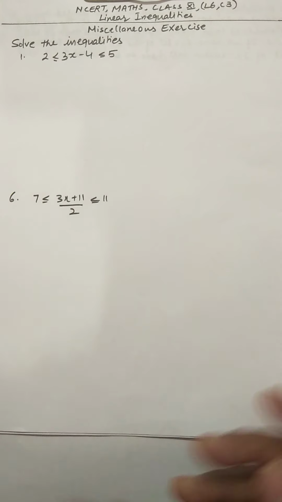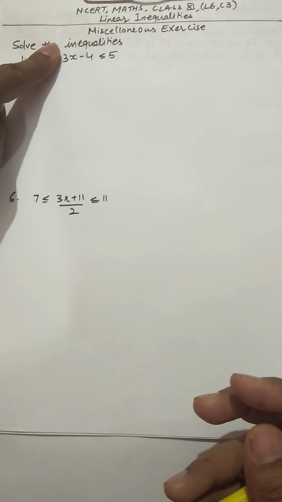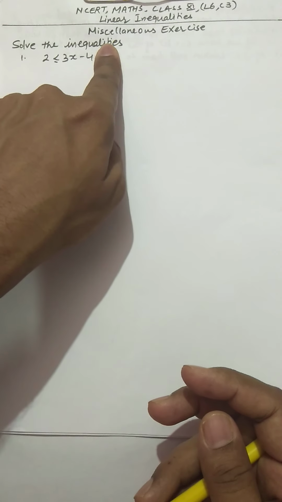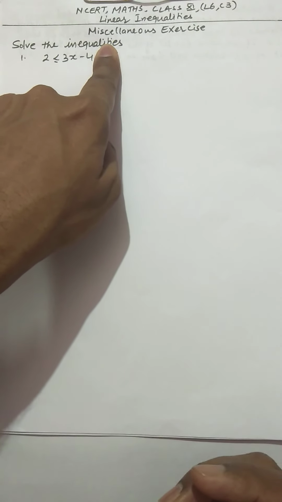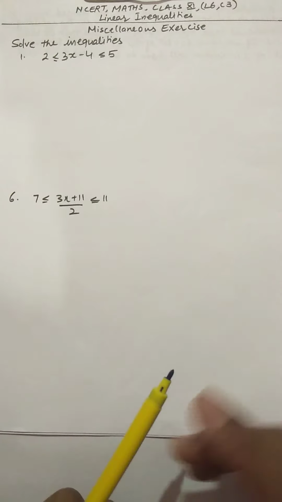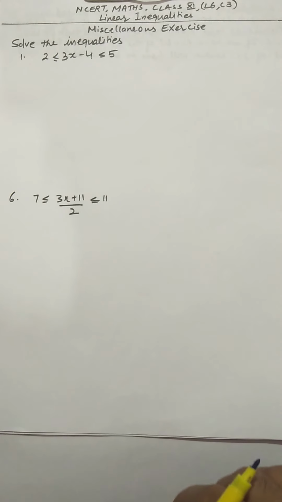First way, you can take this one first, you can solve for x, or you can take this first and you can solve for x, or we can go about it in one way also, that we can solve both the sides in one go only. You see just how we solve this.